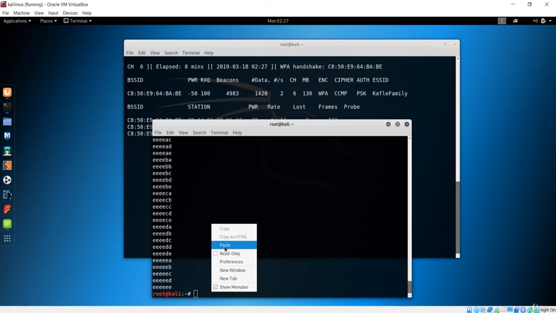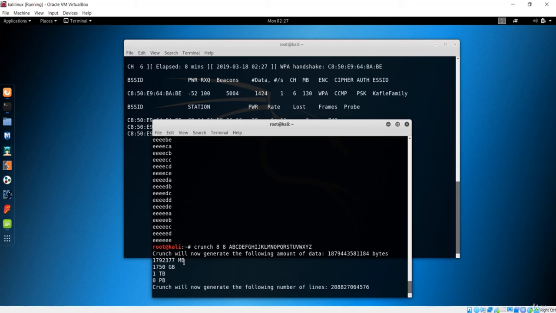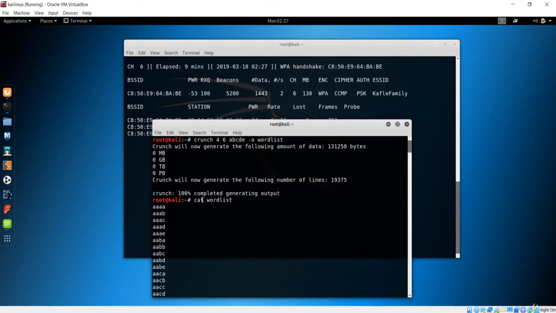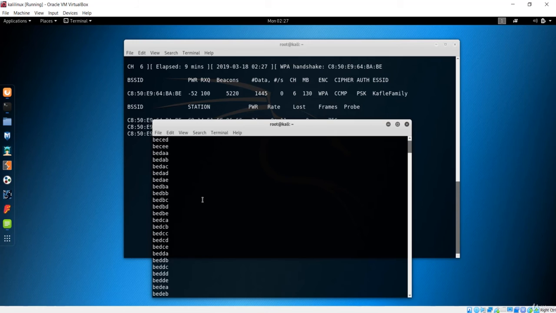So let me just paste it, but I'm not going to run this because it would be so many combinations that I'd have to run it for an entire day if you want this crunch of the wordlist. So let's go over here. Where is the command?